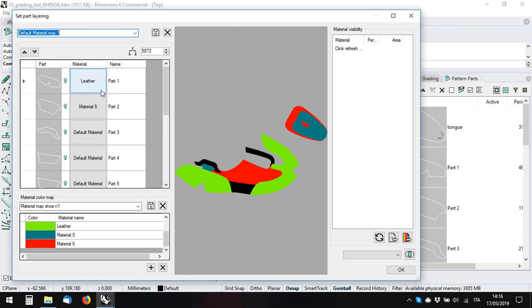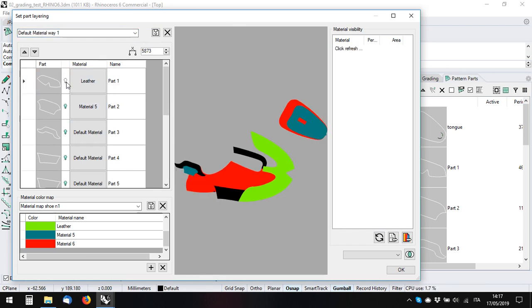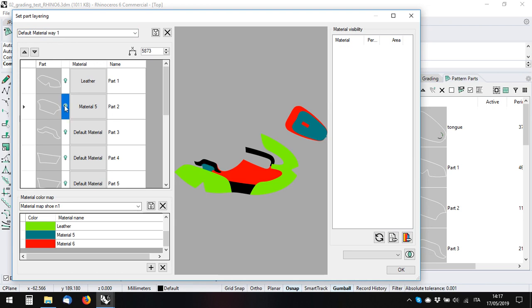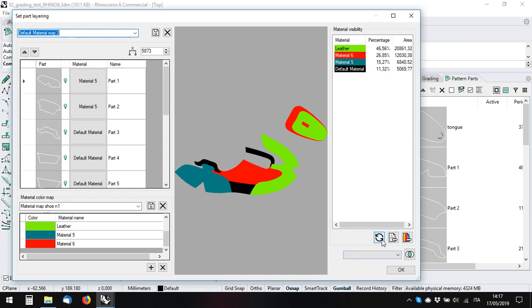Something else I can do here is to hide and show the different materials, the different parts, excuse me, which is something that is going to influence this area here, because when we click on this refresh button, we will see the area and the percentage of the surface of our model. So we see that leather, the material that I named, is prevalent with 46% and 20,000 square millimeters, and all the other parts follow. So when we change the material way and refresh,